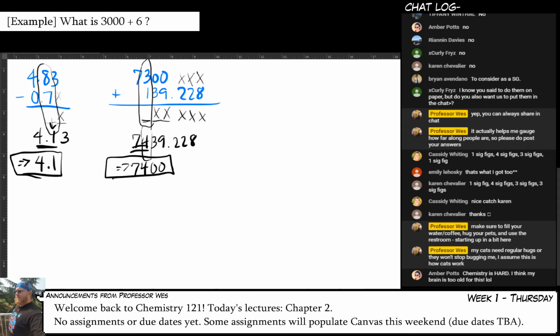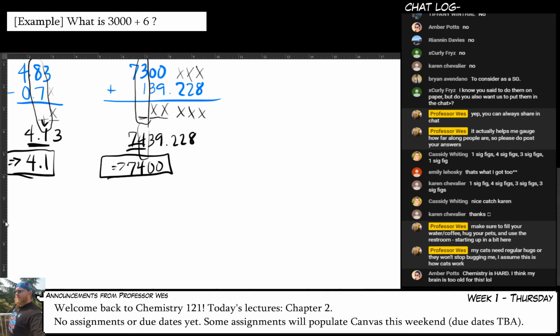All right, here's the last problem. If your brain isn't broken yet, this one will do the job. Oh, I messed up on my thing. Hold on. There we go. Oh, Photoshop, why are you being a pain? There we go. Okay. So we're going to do 3,000 plus 6, using the rules